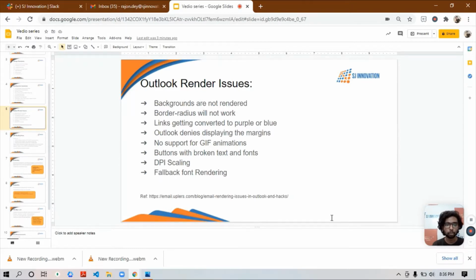There are a few issues that whenever you are going to learn HTML templates, you also need to learn, because you may support something in your browser, but in Outlook you have to face some render issues and you need to figure out how to solve them. In our build template I will also discuss this, and I also wrote some code for these kinds of render issues. So let's start.